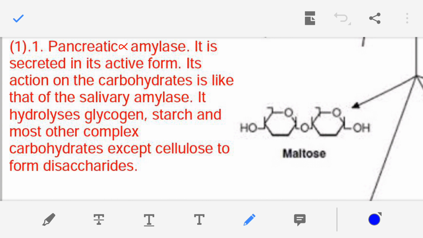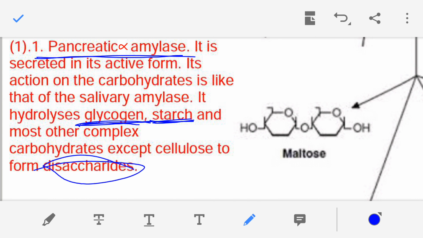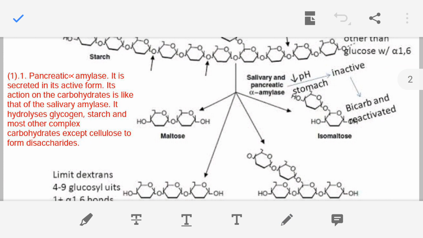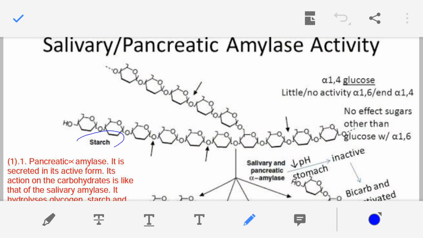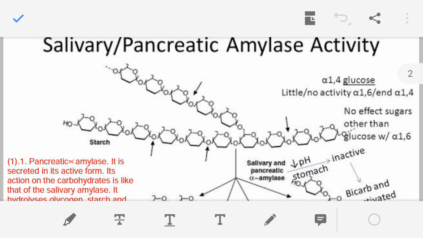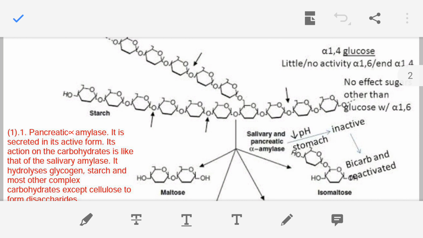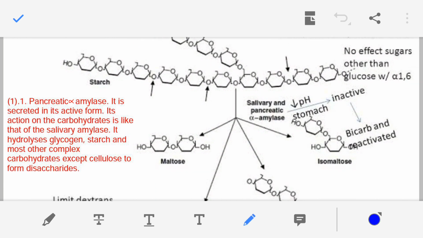And basically pancreatic alpha amylase is hydrolyzing the glycogen and starch, and this amylase converts glycogen and starch into disaccharide. Now here in the figure, the structure of the starch is shown, and we know starch is made up of many glucose molecules, and the arrangement of glucose molecules is in two forms, that is amylose and amylopectin. And here you can see that starch is acted upon by the pancreatic